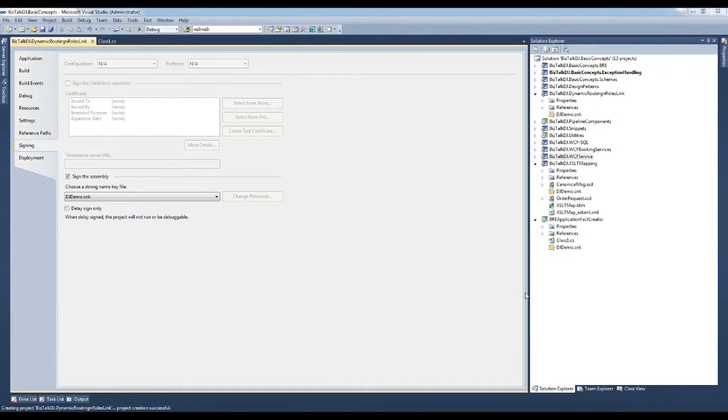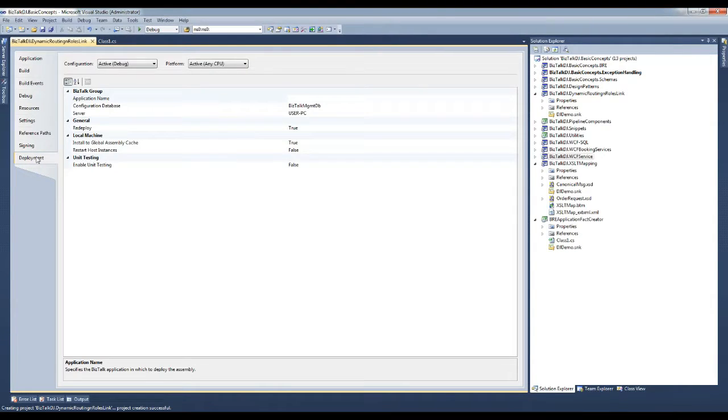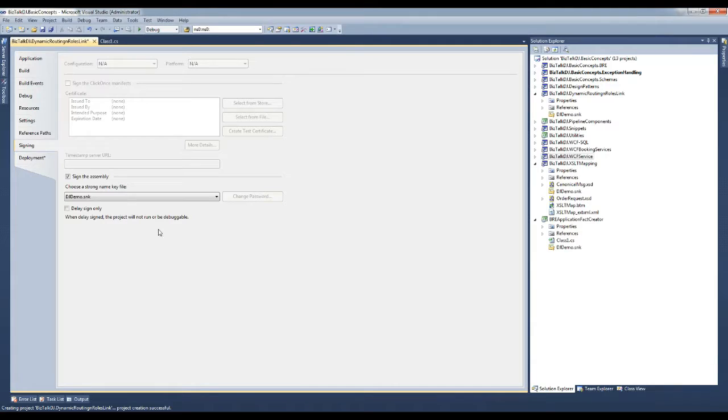I would specify the SNK and I will specify the application name for the deployment and sign in the assembly.